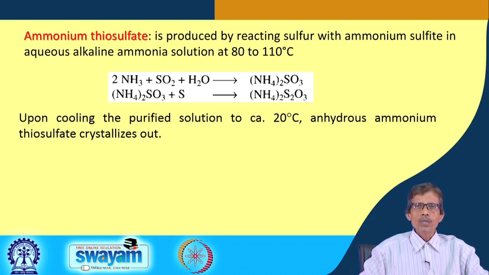And when it is formed in the solution, a saturated solution you will be getting, and from that saturated solution, if you cool the solution, because your temperature of reaction was a little bit higher, which was around 100. So, a solution at 100 degrees should be cooled to room temperature or below that, that means at about 20 degrees centigrade, where anhydrous ammonium thiosulfate crystallizes out, because cooling basically taking out that particular salt which is already dissolved